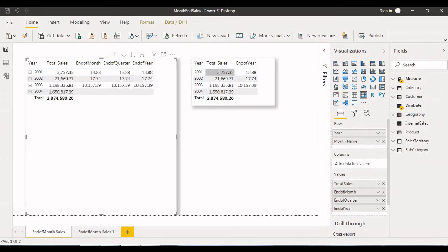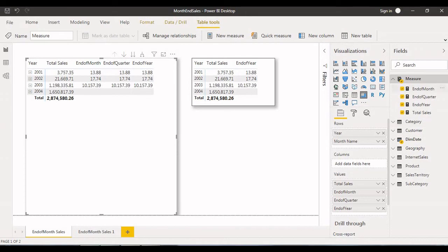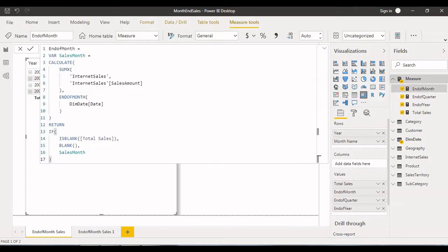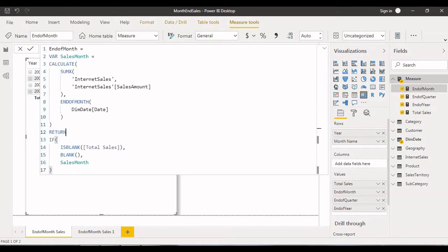I have created a few measures for getting these values, so I'll open those measures. We'll see the end of the month first. Basically, for getting the end of the month sales, I declared one variable using CALCULATE and end of the month.